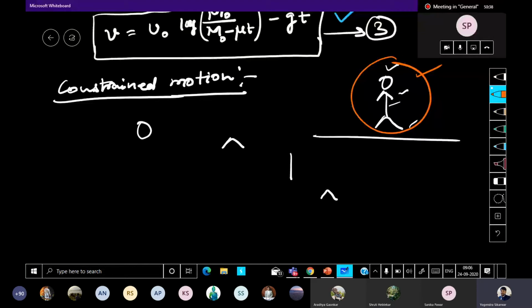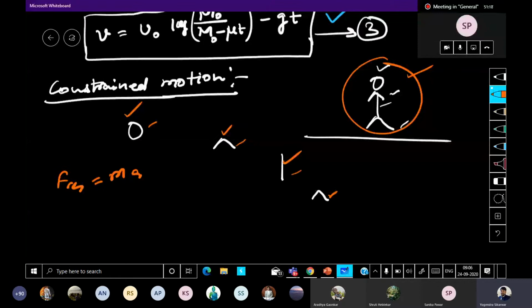It's a big relief. Suppose all four accelerations of your head, hands, stomach and legs were different, then it would be very difficult for anyone to solve. Because if you are applying F resultant equals ma, which acceleration are we going to use? Acceleration of head or hands or stomach or legs? This would have been a big problem if this constraint would not have been there, that when you are moving as a person, your whole body is moving together.